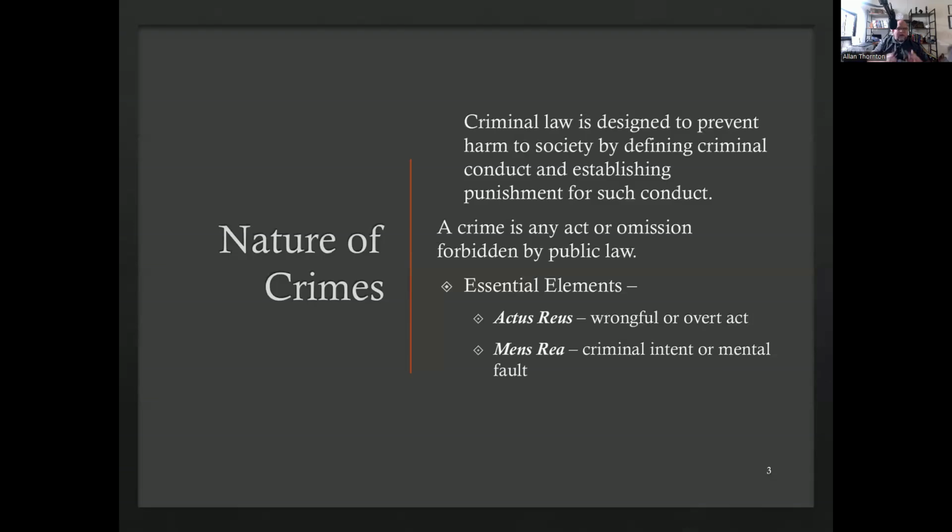When we think of what a crime is, for criminal law to come into place, we're going to need a crime to happen. So with a crime, it is an act or an omission of something that the law says we cannot do. Law says there are certain things we have to do, especially when it comes to businesses and establishing a business and getting that set up.